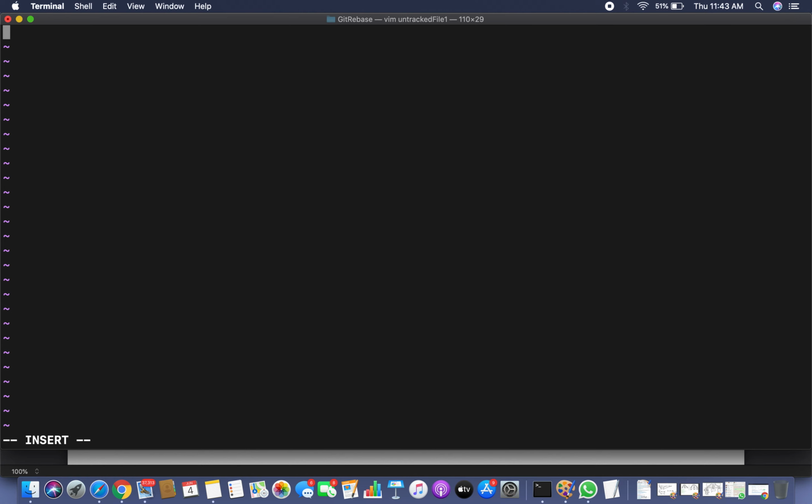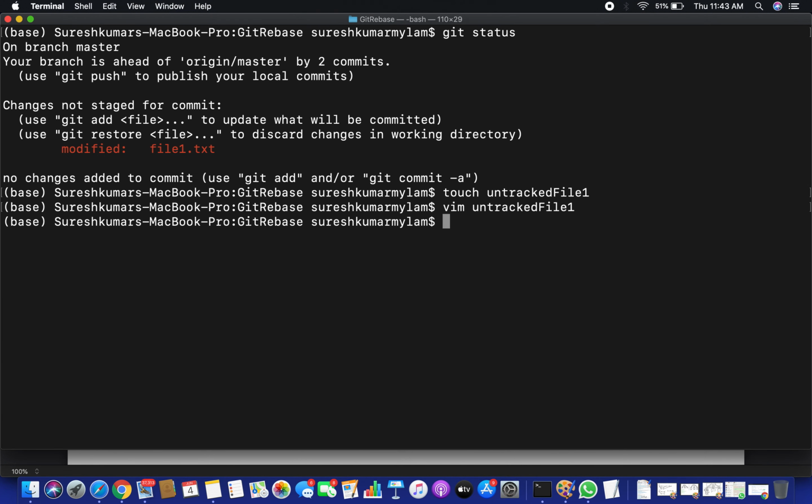Let me go to insert mode and type something, or otherwise just give some meaningful name, something untracked. Okay, escape, write quit. Now you have edited the file. Let's check the git status.